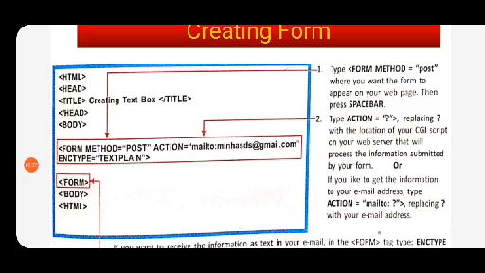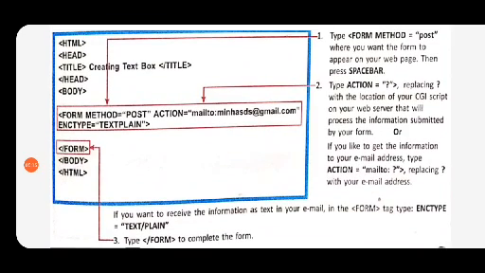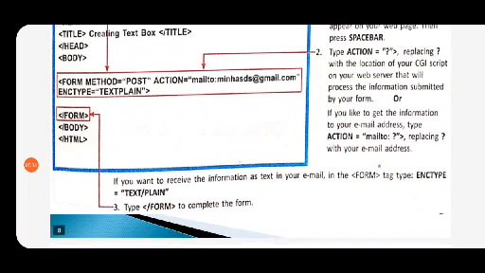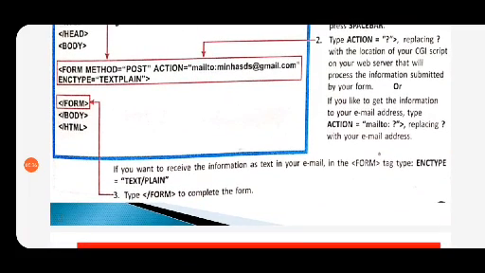Why we have method equal to post, you have already understood. Action is equal to the path where you need to send the data. And why do we have enctype equal to text/plain? If you want to receive the information as text in your email, then enctype equal to text/plain has to be written. So this is very important. You are specifying in what way you want to have the data in your email ID, and at the end you have to close the form tag.